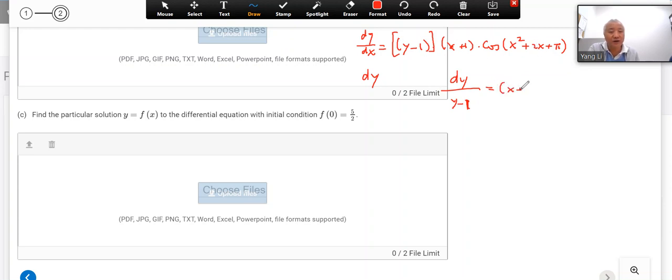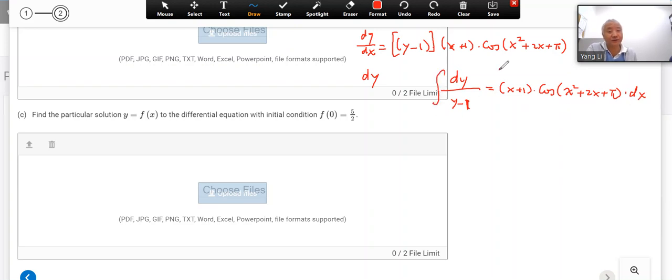So you're going to have (x plus 1) cosine(x squared plus 2x plus pi) dx, like this, right? So when you have x on one side and y on the other side,